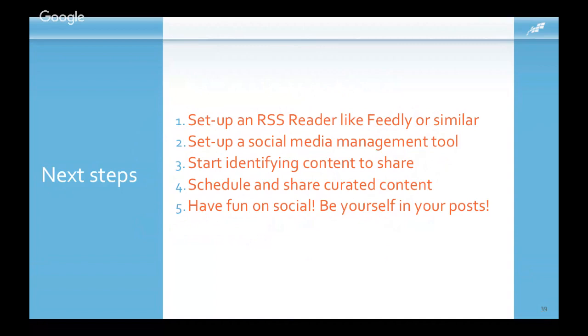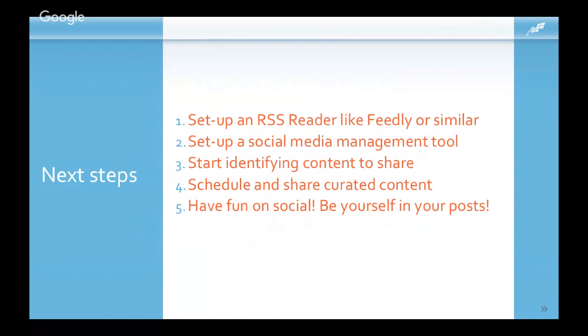You're looking for content that you can repurpose, that you can curate appropriately for you, your business, and more importantly, for your clients. You're going to want to set up a social media management tool like Hootsuite or Buffer to publish that content out. Remember, of course, that your website can also serve as that publishing platform.